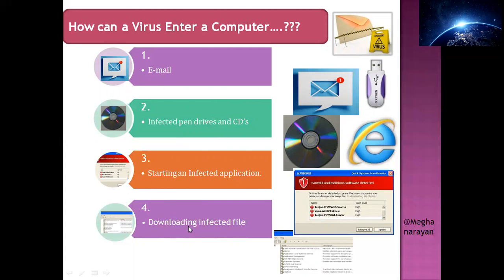Imagine you want to have a software or app for your computer system online. You search for it on Google and directly download it. Once you download it, along with that software file, one suspicious file also gets downloaded without your knowledge. Then that particular file can let your computer get infected by a virus.